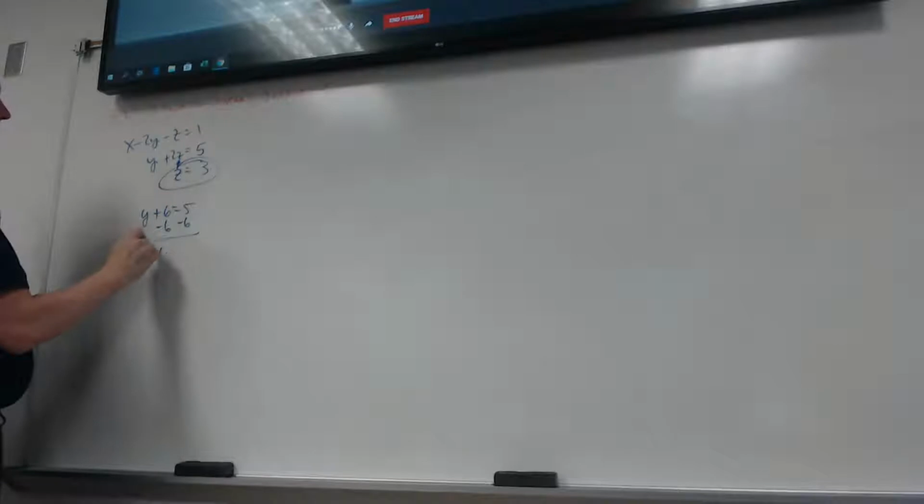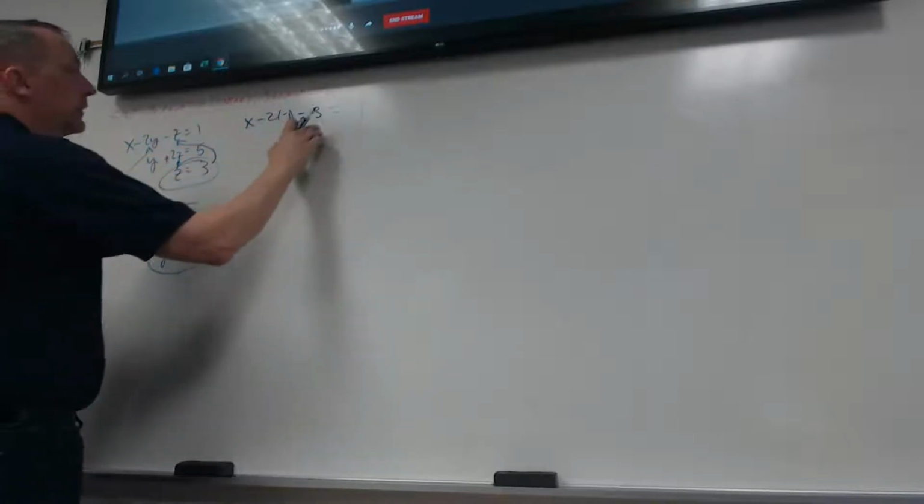Okay, so we've already solved one of them, right? That was nice. But in the top one? The second one, right? We're going to put that z in right there. This becomes y plus 6 equals 5. Subtract 6. y equals -1. And then it goes in the top equation. That in there, and this in here. So we're going to get